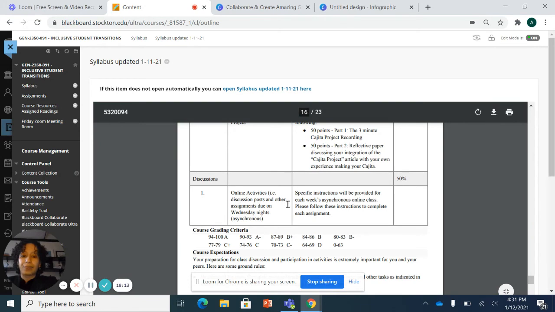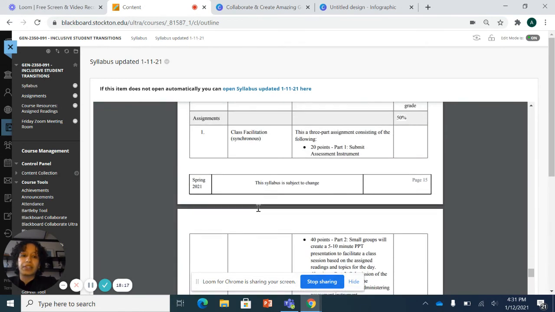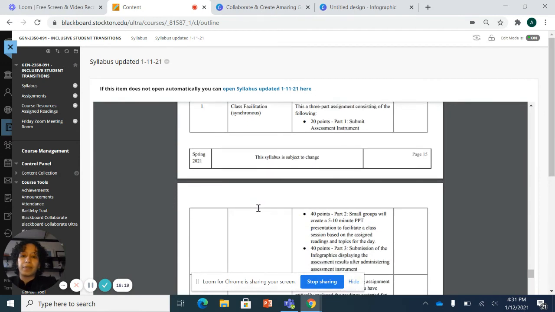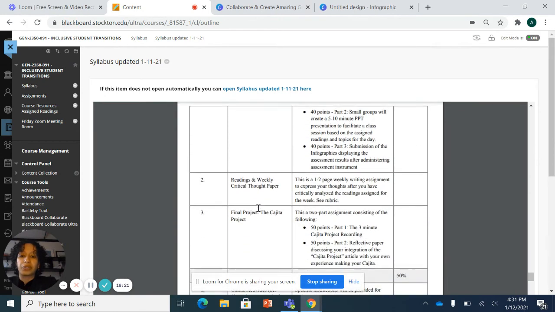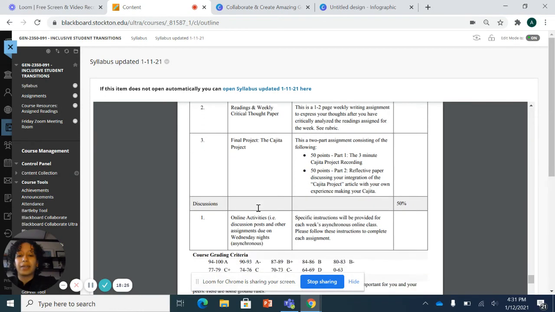And lastly, your discussion post. So 50% of your grade is based on your group project, your weekly reading assignments, and your final Cajita project.